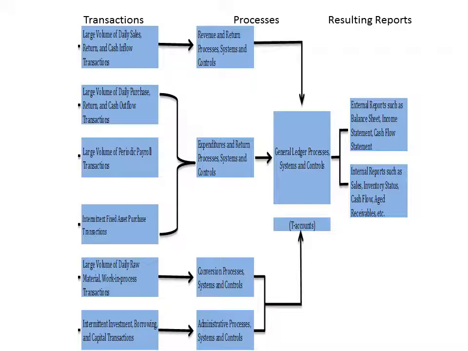So, itong nasa left part ng ating diagram, under ng transactions and processes, dapat daw siyang mag-result into financial information na dapat itong information na ito ay ma-record sa general ledger accounts. At anong mga example ng general ledger accounts? Namely, revenue accounts, expense accounts, and cash account.